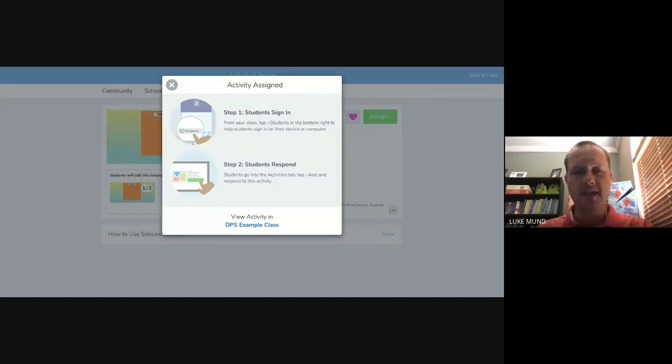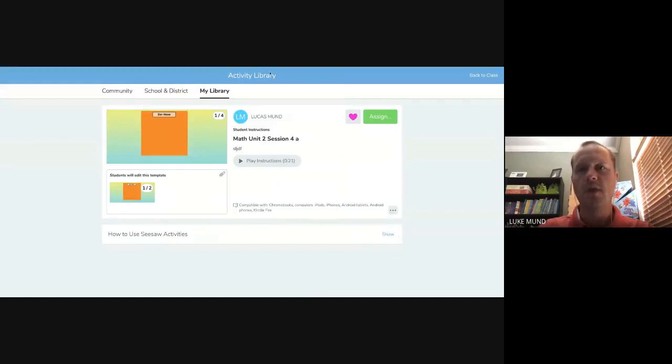I could make a second version that's all in Spanish if I'm a bilingual teacher. I can use Google Translate to translate to Amharic if I have a newcomer. Or I can do a million different differentiations, modifications for my students within Seesaw. We can have SPED teachers, ELD teachers working together, sharing activities in one area in Seesaw that we could then support all of our students. So I'm going to pause here, take questions before we start moving into some of our other topics.